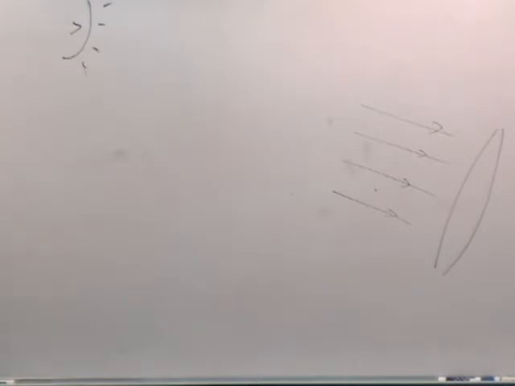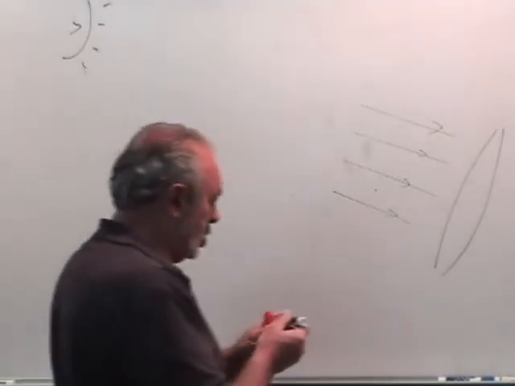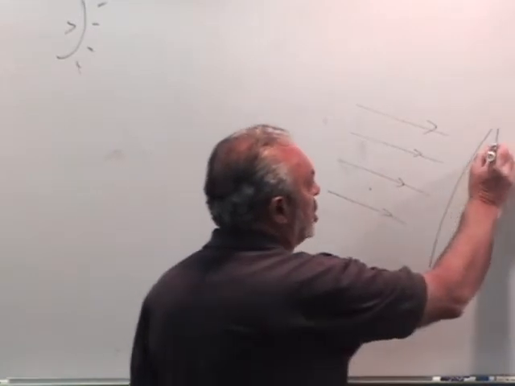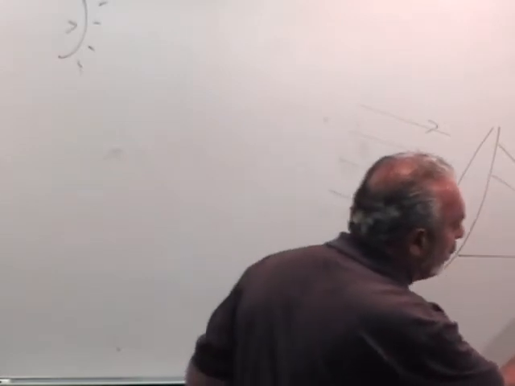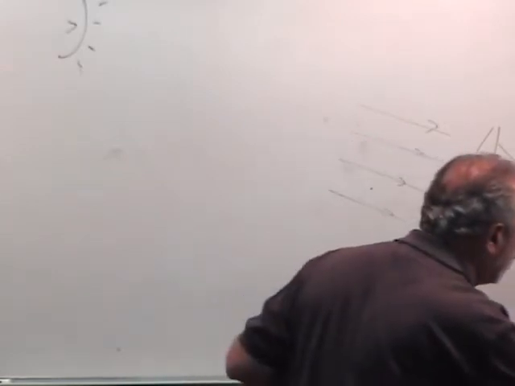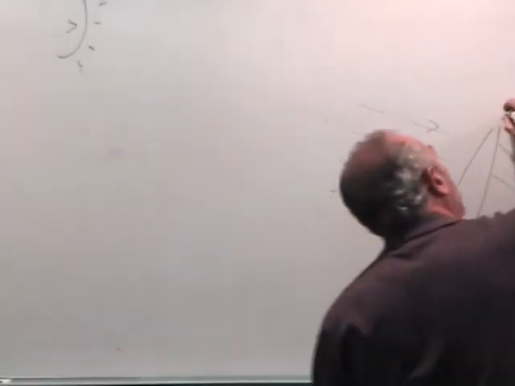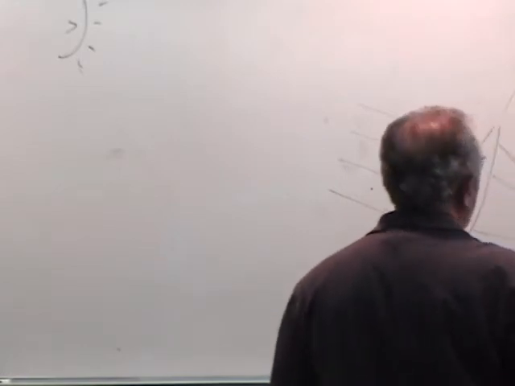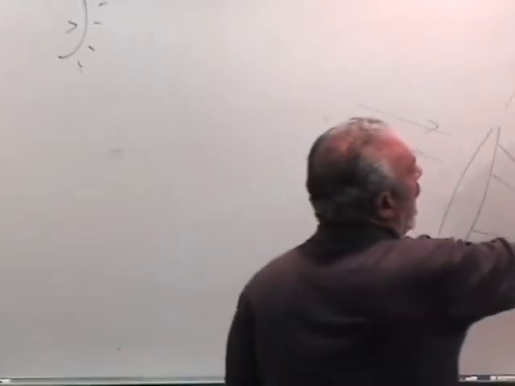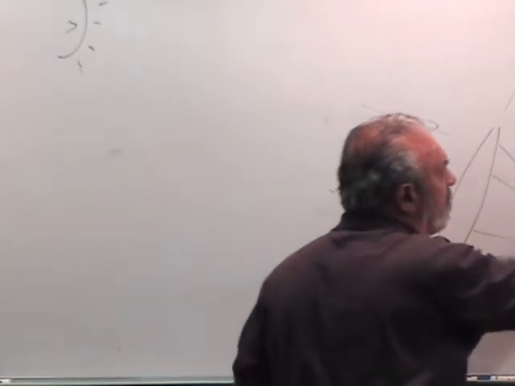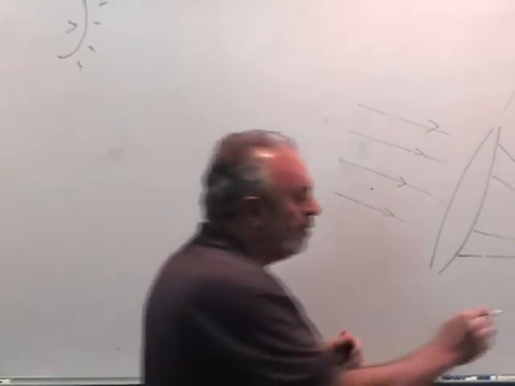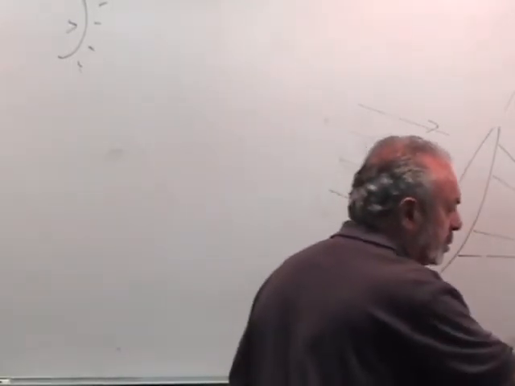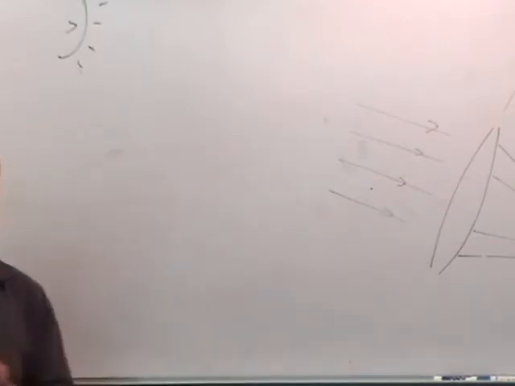That's the critical part of the experiment. Because what you've just discovered is that all the light rays that pass through the lens are bent in such a way that they all come to a focus at one particular spot like that. If I measure from the center of the lens to the point of focus, I will call that measurement F. That's the focal length of the lens. The point of focus is often called capital F. So there's the point of focus, that's the focal length.